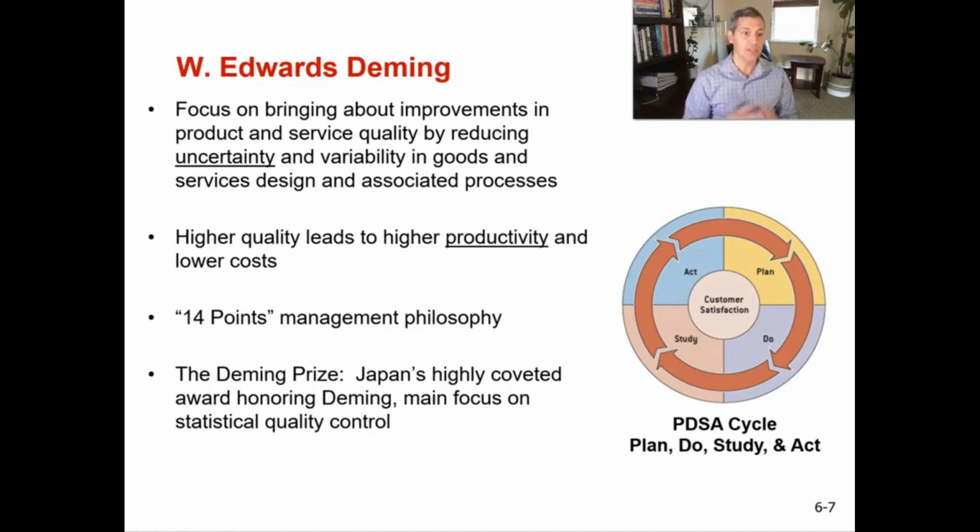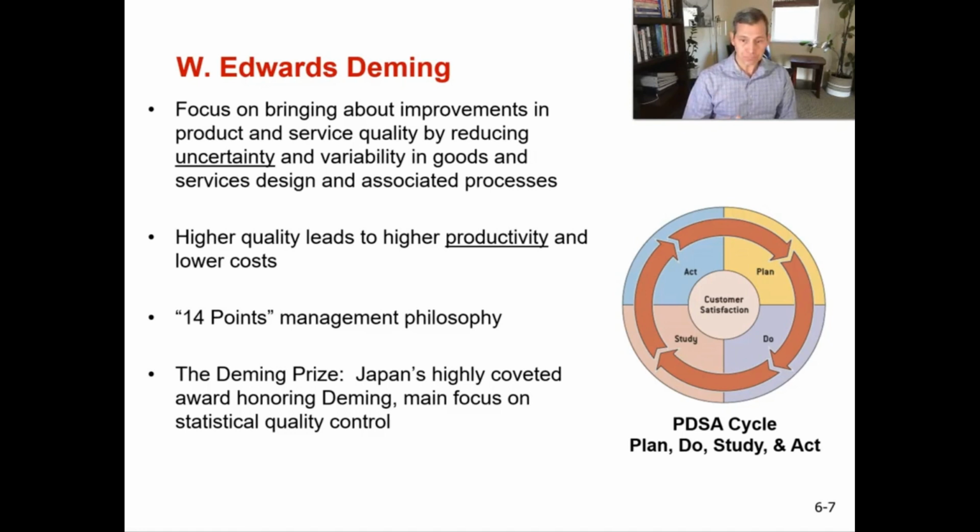So in Japan, there's the Deming Prize. This is the highly coveted award honoring Deming, and its main focus is on statistical process control. Later, we're going to talk about the Malcolm Baldrige Award, and that's the United States top prize for having a high-quality organization. So one other thing that Deming really focused on with his Plan, Do, Study, Act cycle was that